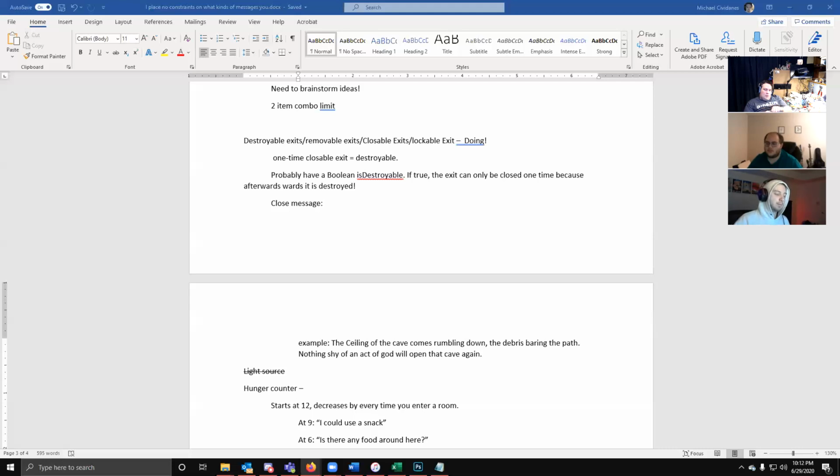You then, okay, wait. I think I see where part of the disconnect is. You're looking at it as an instance of an item that you do something with. You pray at the altar, you activate the switch, you throw the magic bottle, you read the words, whatever. I was looking at it as an actual exit, but you're looking at it as something you can interact with, so you do a command with, right? Well, that seems to be what you're talking about. Yeah, that's what I thought. What I was conceptualizing is just like any other exit,